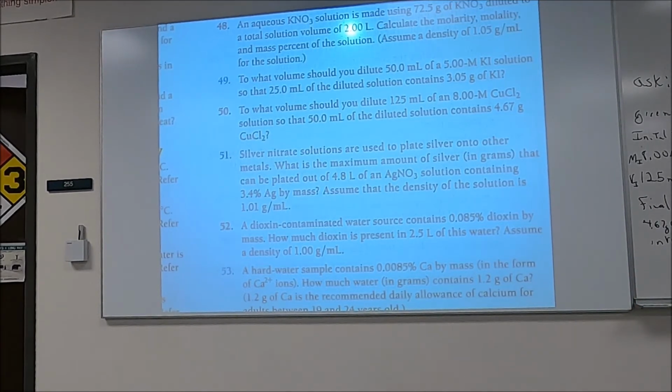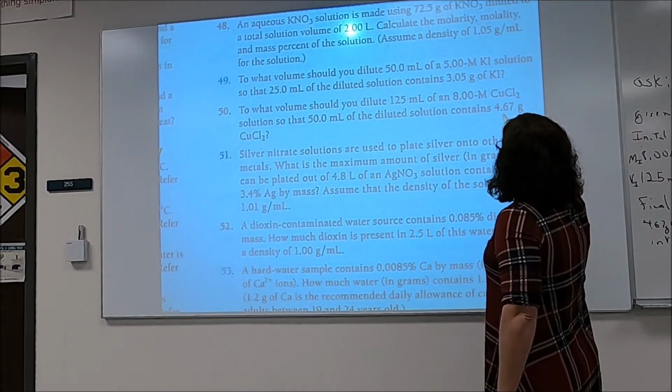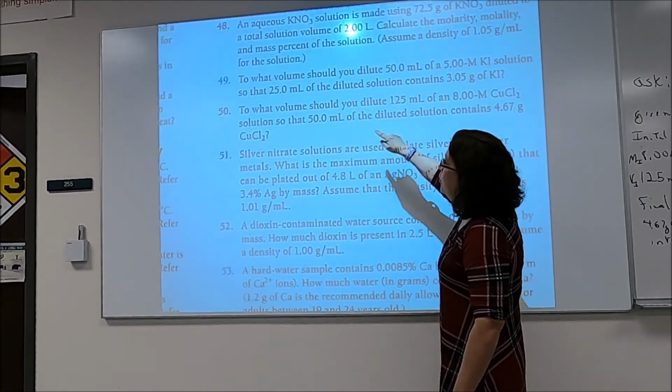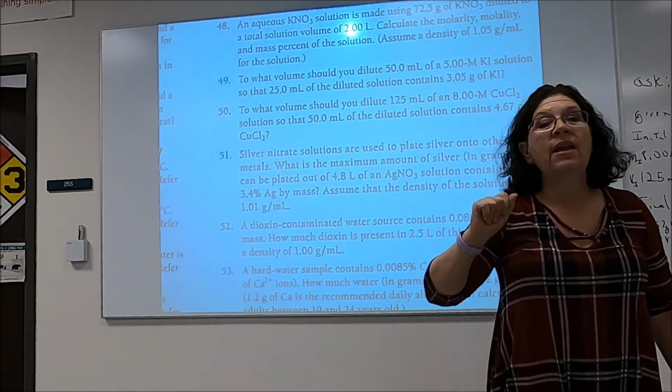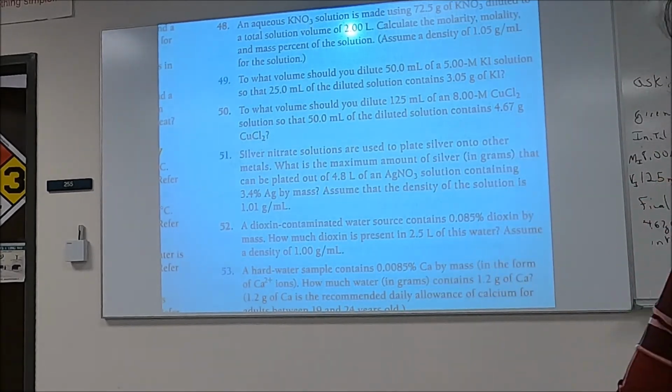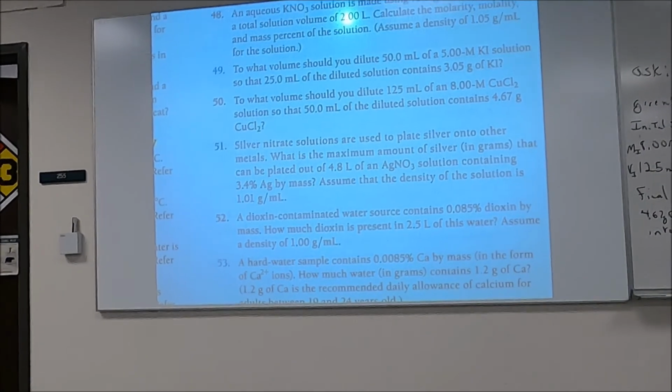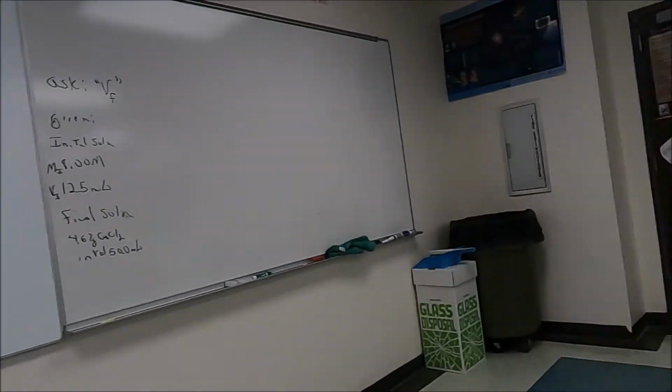So if we think through this problem, really what they're giving us here, when they give us a volume of the diluted solution and how much copper 2 chloride we want in it, they're giving me the concentration. But they're just not giving it to me in molarity. So if I start breaking this problem down,